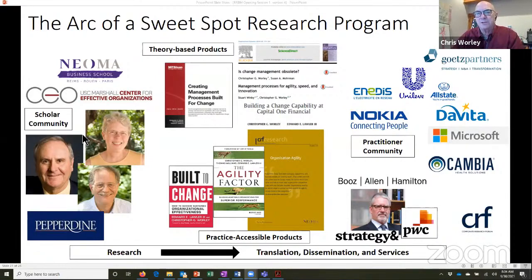It sort of started, and I'm going to start in the middle with the book Built to Change. Ed Lawler had just finished a book that he thought was really important, about treating people right, and he was really frustrated because it wasn't selling, it wasn't getting any traction with people, and he thought he had some interesting things to say. So he was grousing about what he wanted to do next.